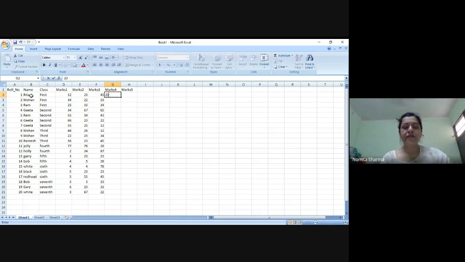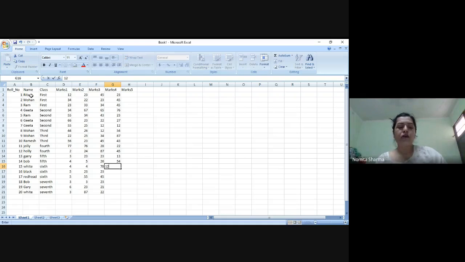You will also see, when I insert a pivot table, that there are 4 sections that we can work on in the pivot table. The first is about filter, the second is about the columns that we want, then the rows that we want, and then the values that we want to work on.